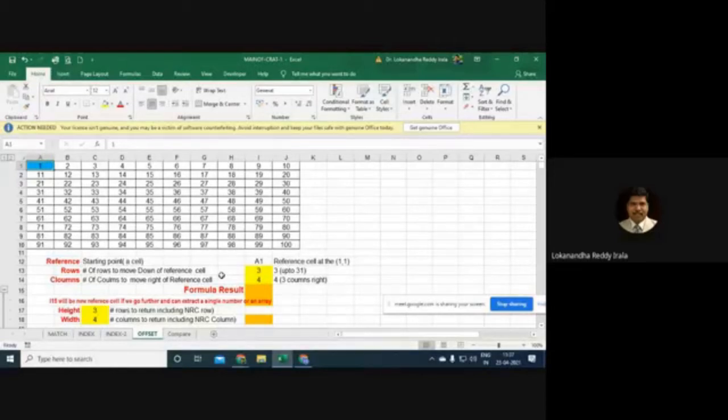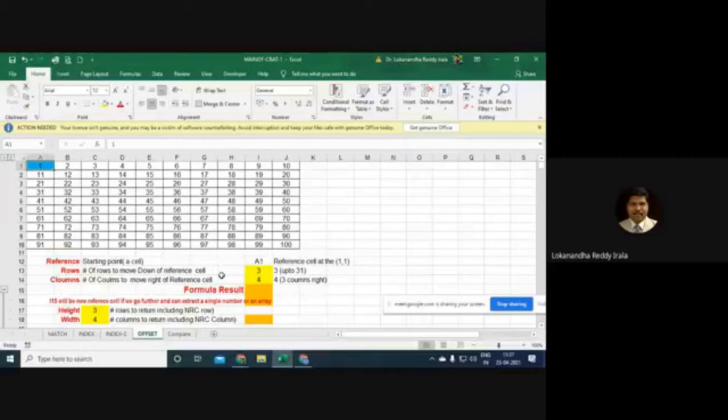Now let us understand what offset does. To start with, offset performs almost the same duty as index. I'll display that as an initial argument, then we'll see how it helps us generate bigger arguments.